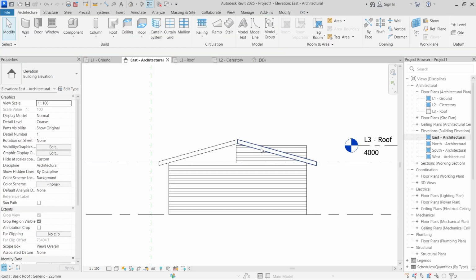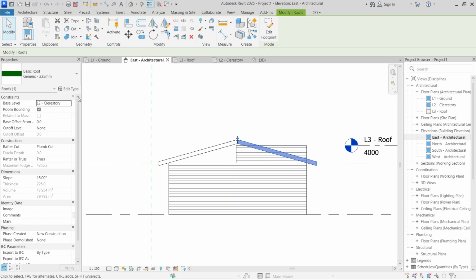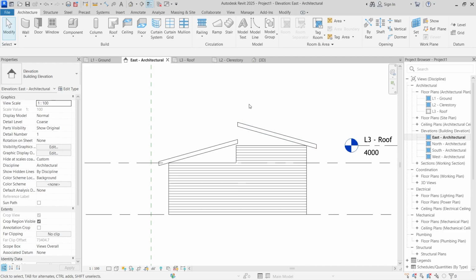So now we can go ahead and select this roof. As you can see, it's joined to this other one. It's not supposed to be there. So currently it's set to base level clerestory. We can change this to roof level, and then go ahead and click apply, and it takes it all the way up to the top. So now we can go over to